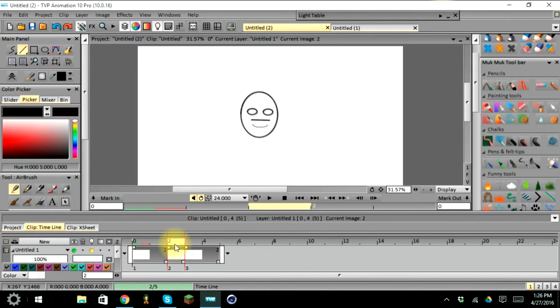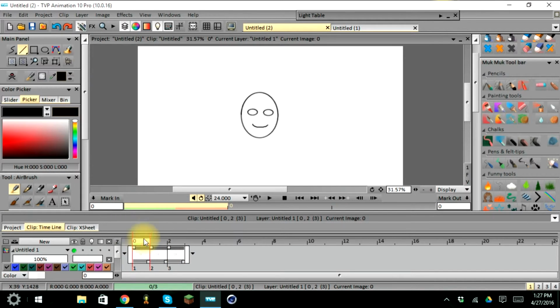So now that we have his mouth now set higher, it goes up and then it comes down. Okay, and we can see this by turning off our light table again, and see it goes up and then it comes down. So now it's giving more of an emotional state, it's giving more of an emotional expression.